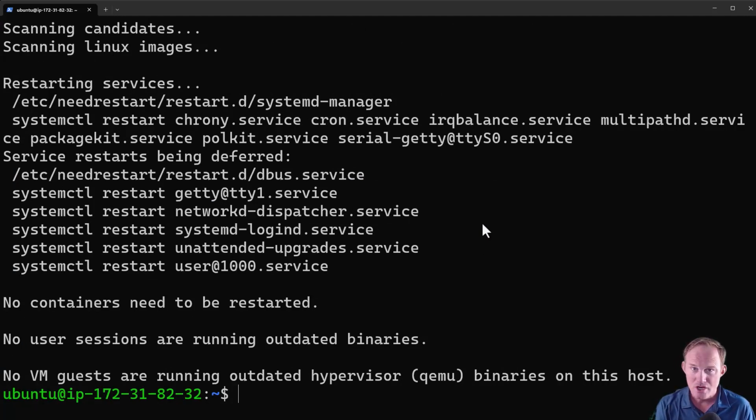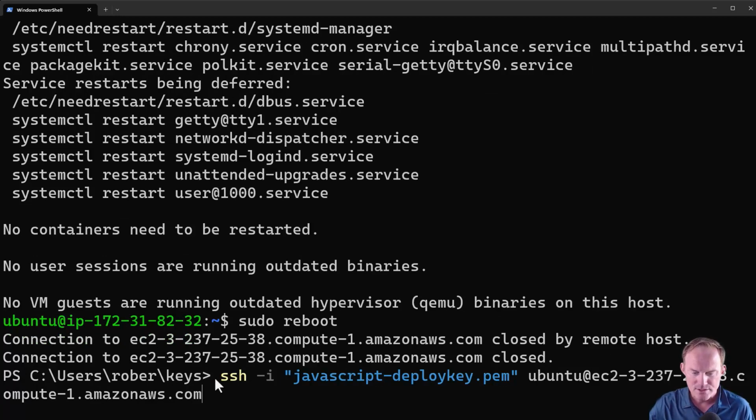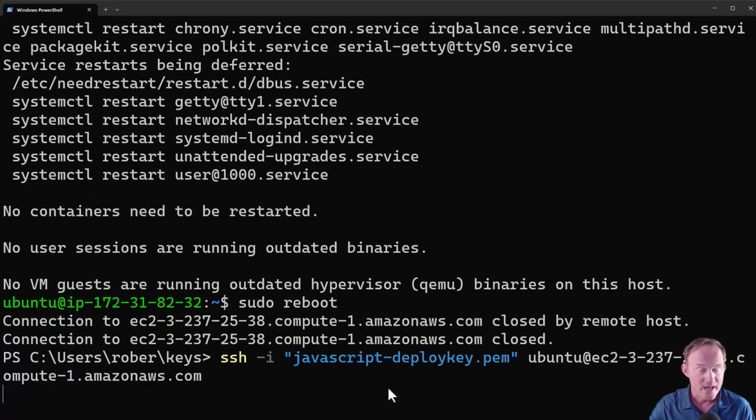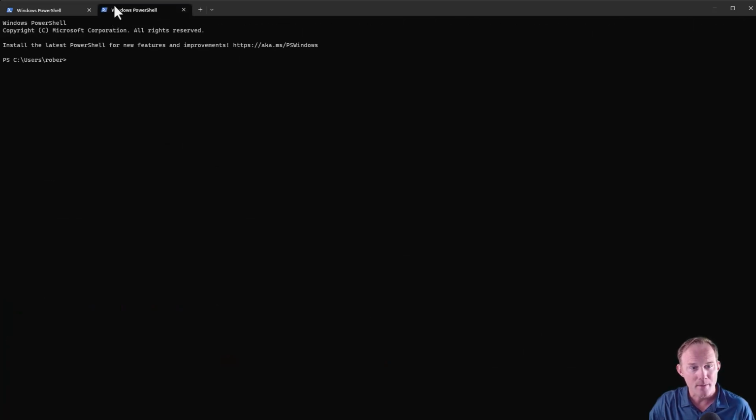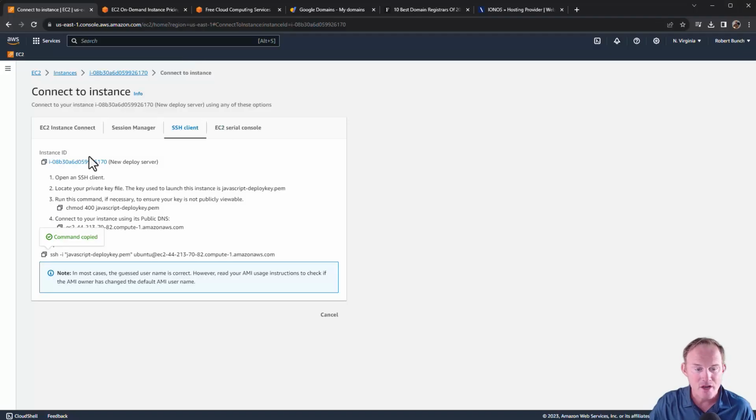As it said, you need to restart for the kernel issue. So I'm going to type sudo reboot, and the machine will restart. If I hit the up arrow to run that same connect command, it'll take like 10, 15 seconds because the computer is rebooting. While we're waiting for it to come back up, I'm going to open up a new PowerShell,